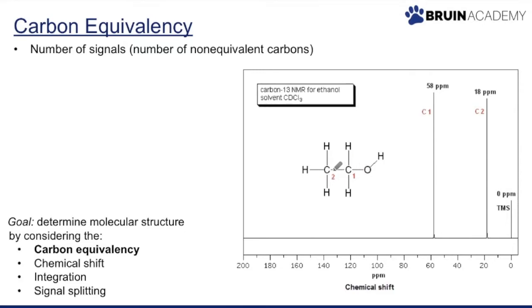Carbon 1 and carbon 2 are considered non-equivalent to each other because they feel different magnetic environments. With these 2 carbons being non-equivalent, this translates to having 2 different signals